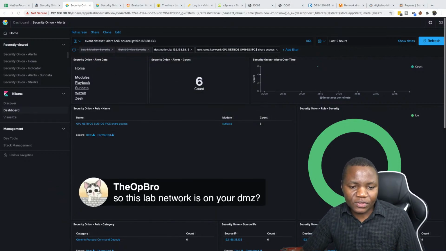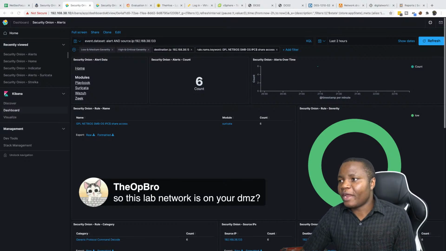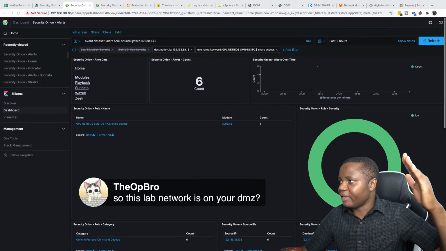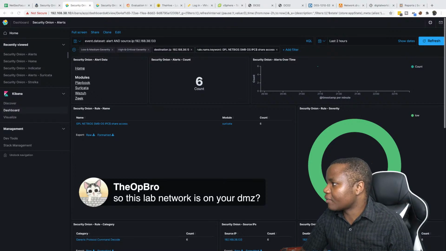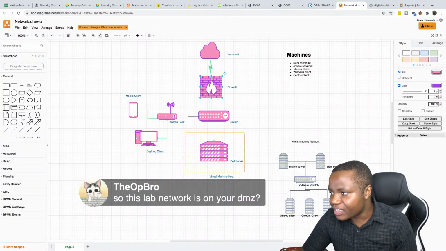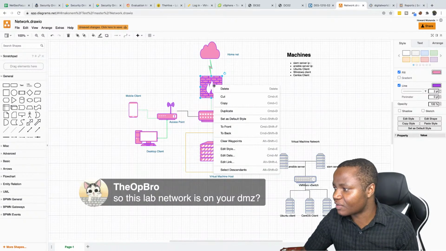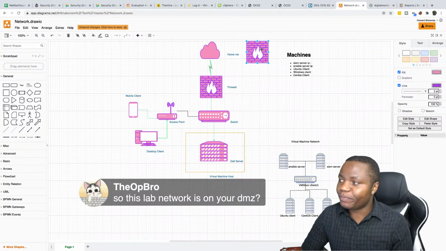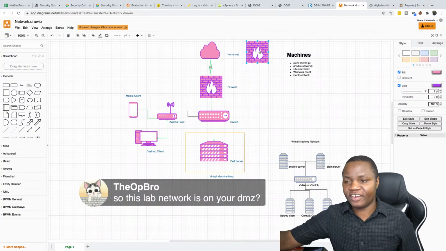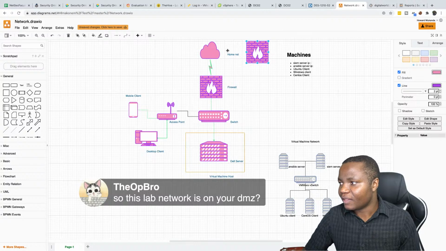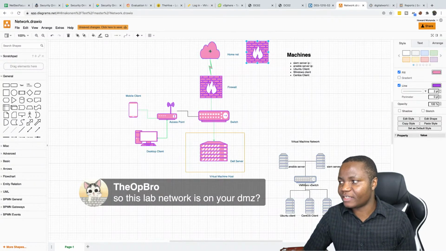So this lab is in your DMZ. Yes, so the way you set this lab to make sure that it's secure from your home network is you get, your ISP will give you, where's my network diagram? Your ISP gives you that modem. You connect your router for home. On this router, if this is your main router for your home, let's do it this way. Assuming this is your home router, you want to create a whole separate network on this one. So a whole different local area network that you then connect to this one. And the way you connect it, it will be, say,